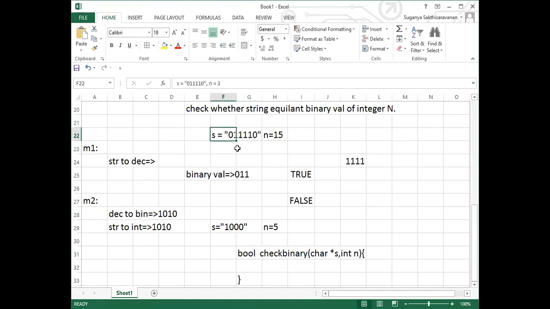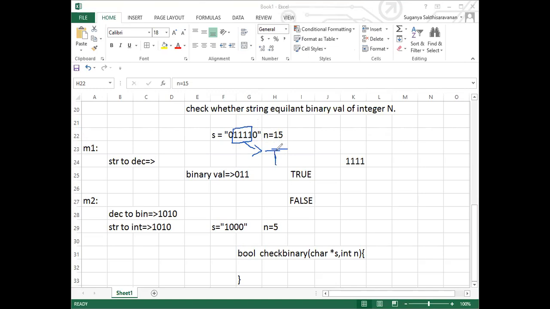So assume your N value is 15 and this is your string. The question is about finding whether this N's binary value is a substring of S. You can notice that this is a substring of it, and we got the equivalent value. So in this case, I should return true. If it is not, I'm supposed to return false. Let me repeat the question.